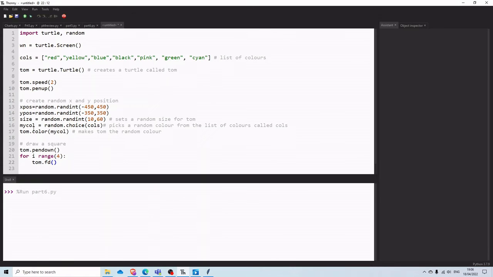And I'm going to use this size item here, size. And then I'm going to do Tom dot right turn 90 degrees. Turn 90 degrees right. Four times. Make a line length